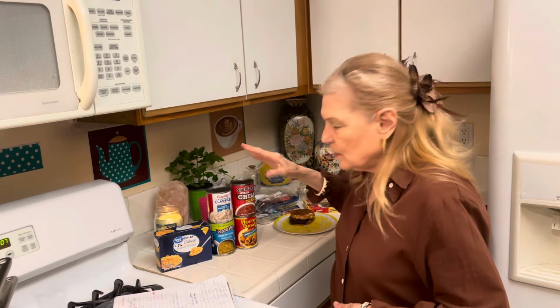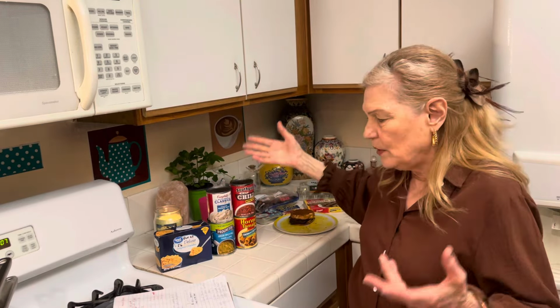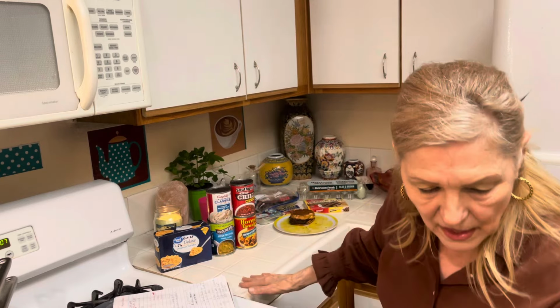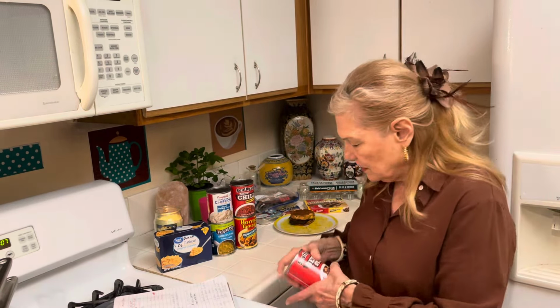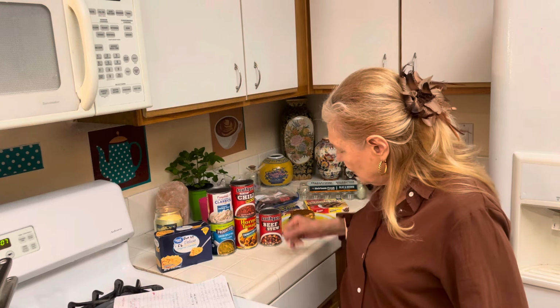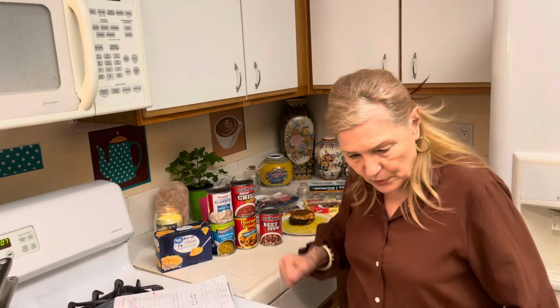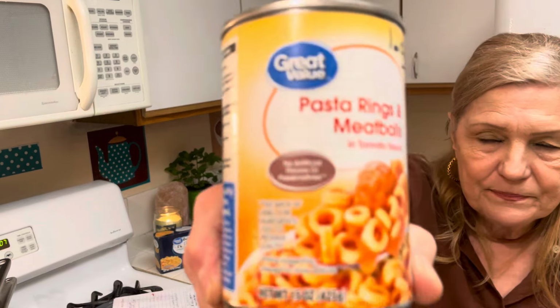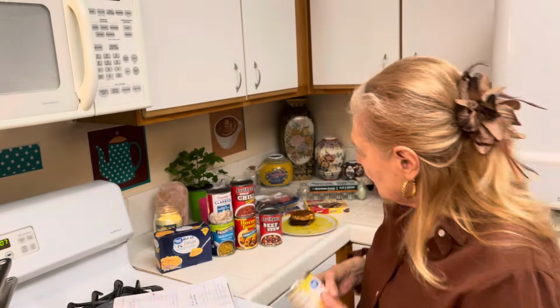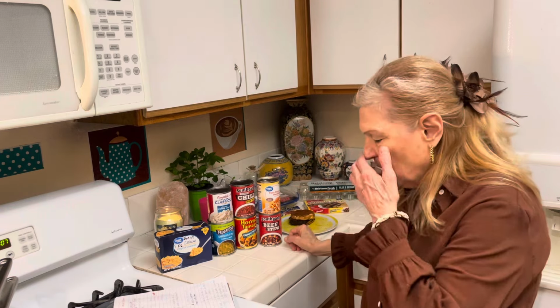So what I try to do is get an assortment. Like, I wouldn't want to have to eat the same thing every night. But if there wasn't much food, I'd be glad to. Beef stew, you can make that with mashed potatoes or rice. And spaghetti and meatballs. I always try to get the one with the meat because I think if I ever